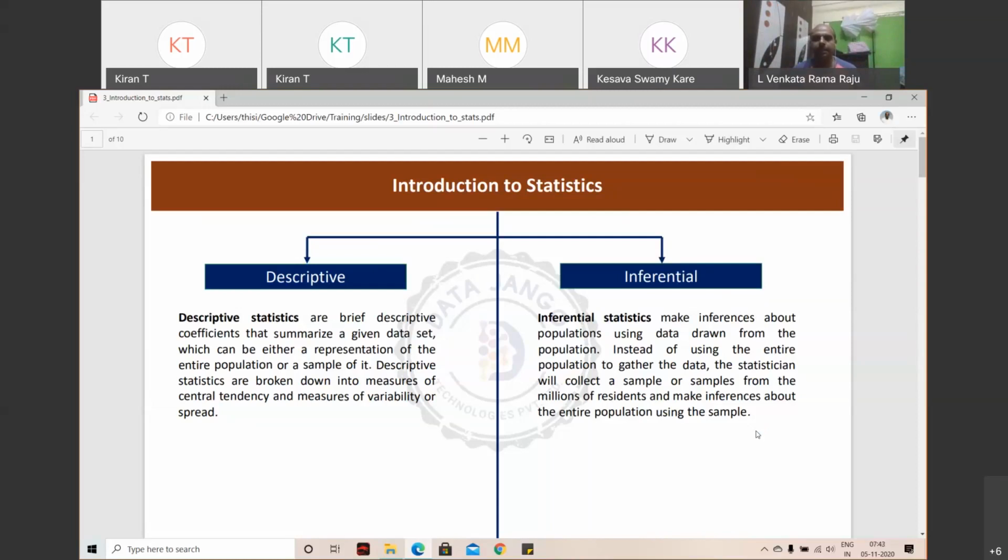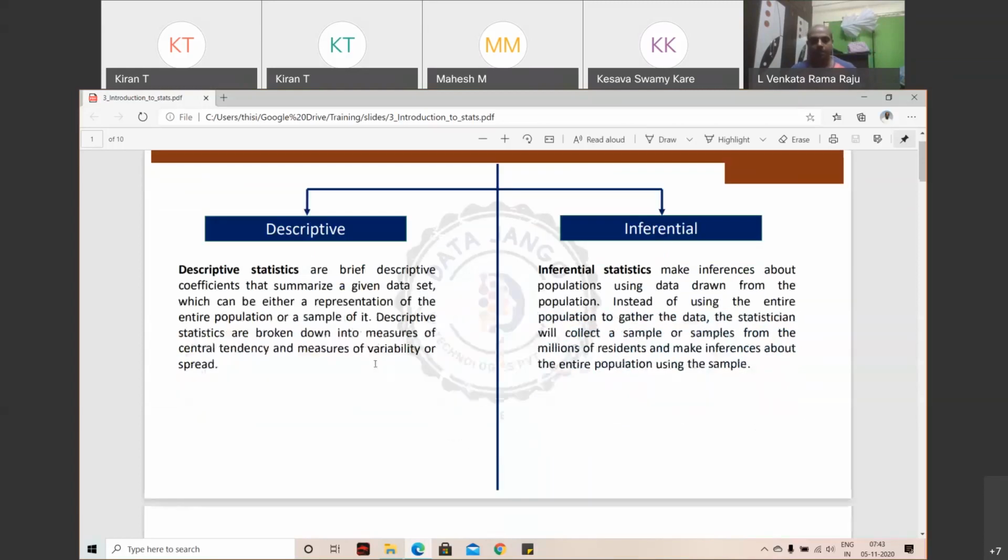We'll see that in detail. So when you look at samples, you will be able to understand population behavior. That is inferential statistics: we are trying to infer details about the population. We'll see inferential statistics after we complete pandas, numpy, and all the tools to practice and do the statistics. But before that, we'll cover descriptive statistics.